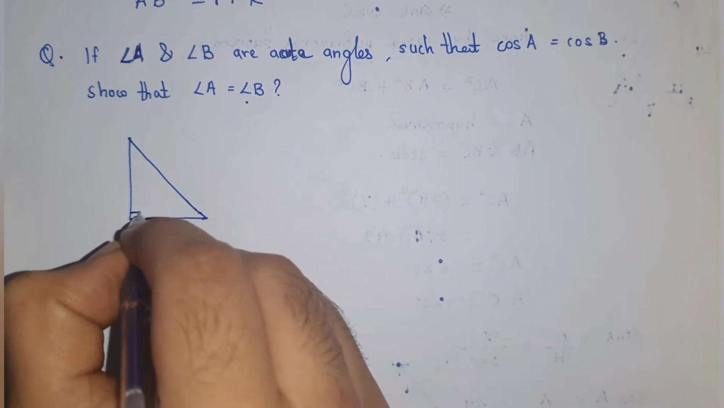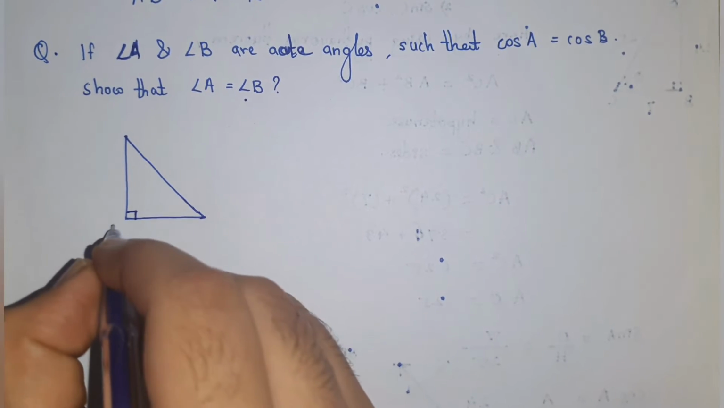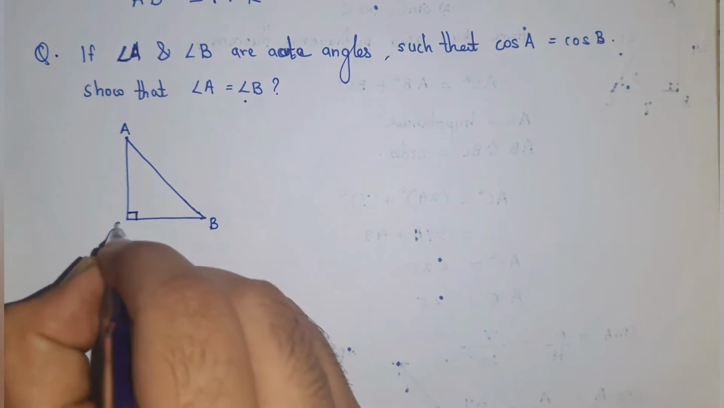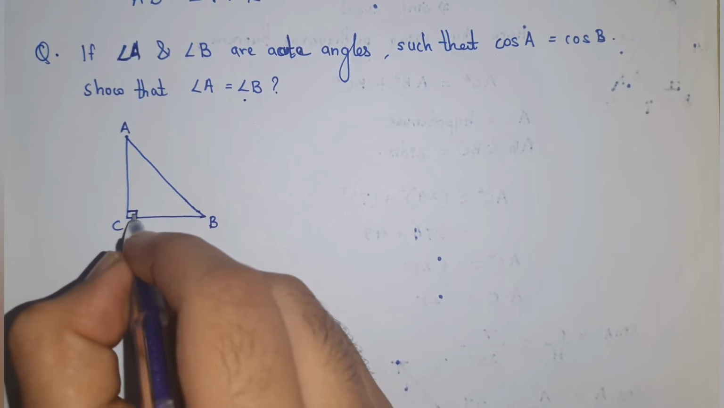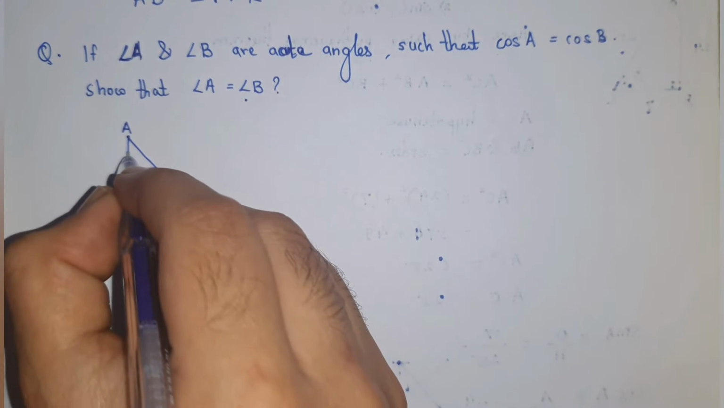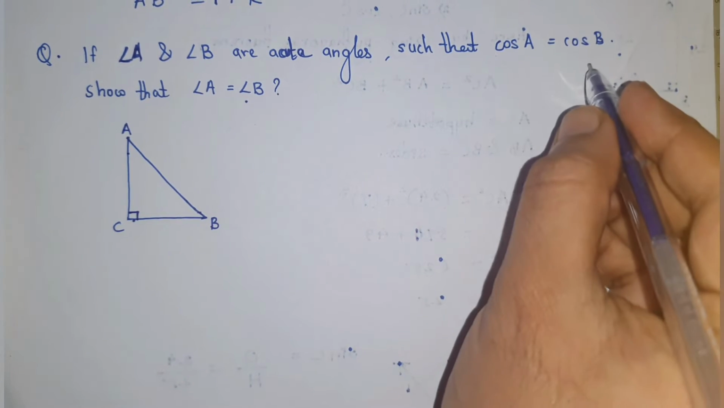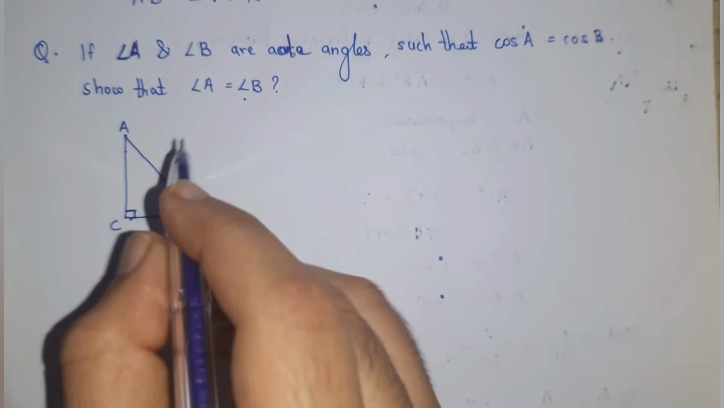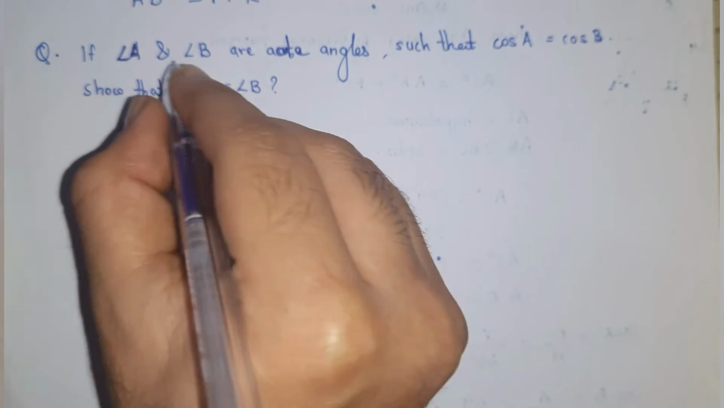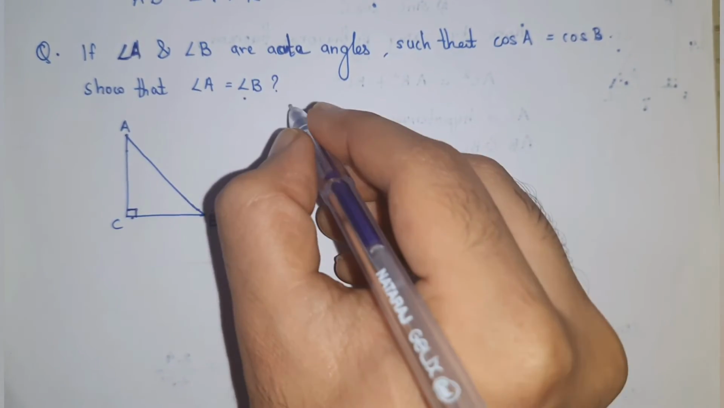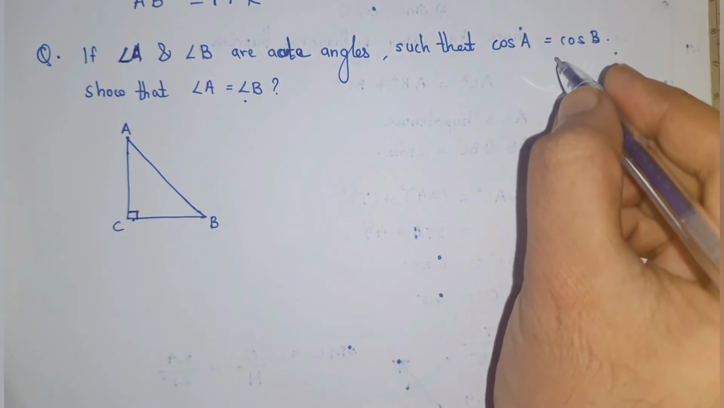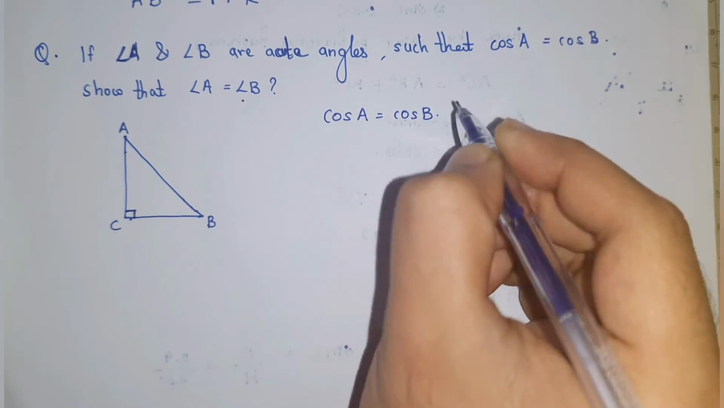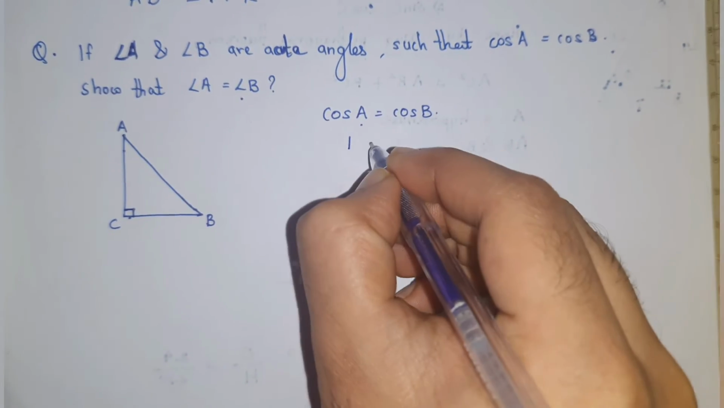Here, as one angle is 90 degrees, let me name them A, B, C respectively. Here angle C is 90 degrees, and we know that cos of A is equal to cos of B, and we have to show angle A is equal to angle B. Here, as mentioned, angle A and angle B are acute angles such that cos of A is equal to cos of B. Here only one condition satisfies,